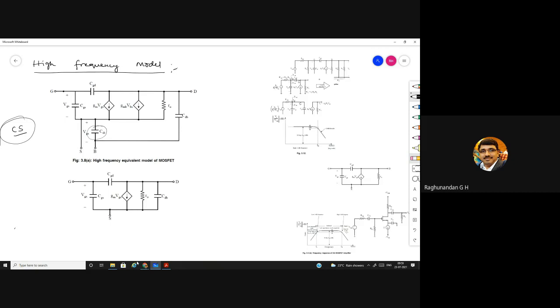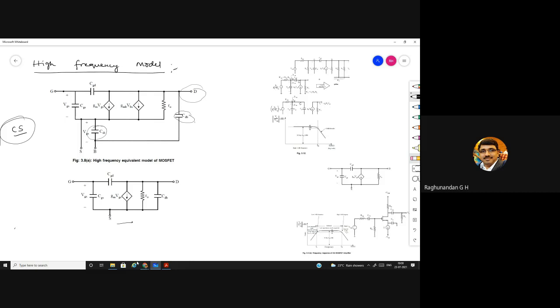The effect of the CSB can be ignored. But since you are getting the output across the drain, the effect of CDB, that is the diffusion drain capacitance or diffusion capacitance of the drain terminal, cannot be ignored because it is connected across the drain. So we are going to consider that in the simplified version of the circuit. And gm VGS as usual will be there, and r naught since we are taking the output across it.